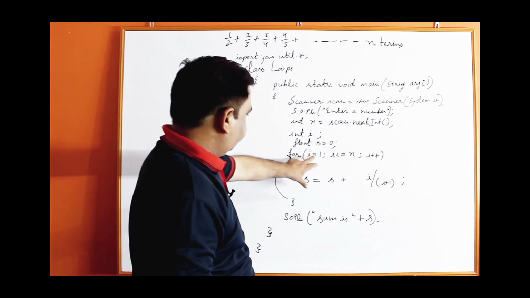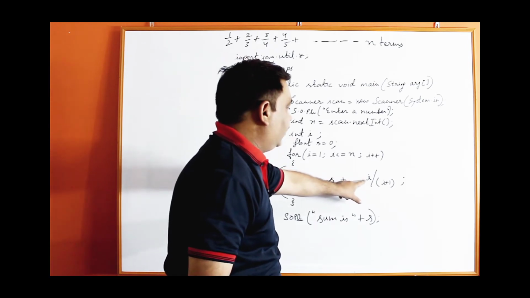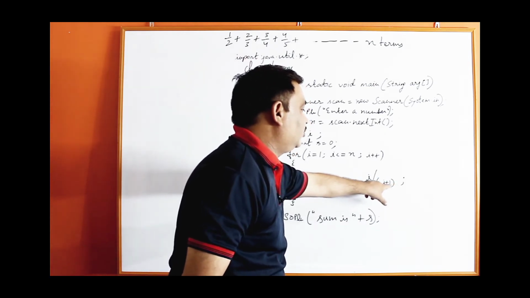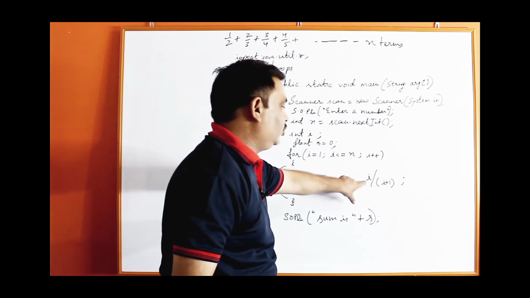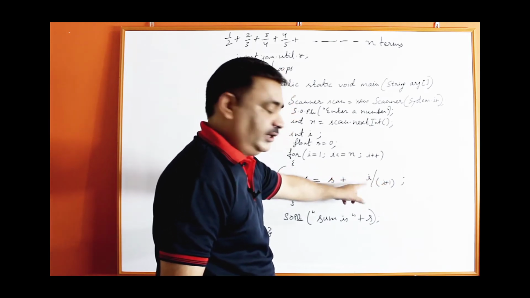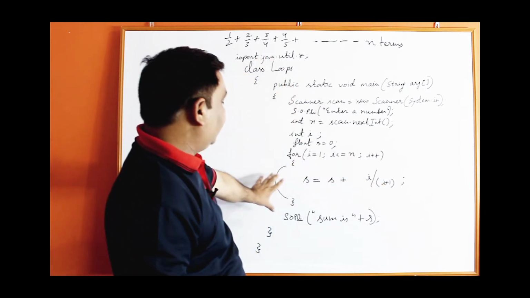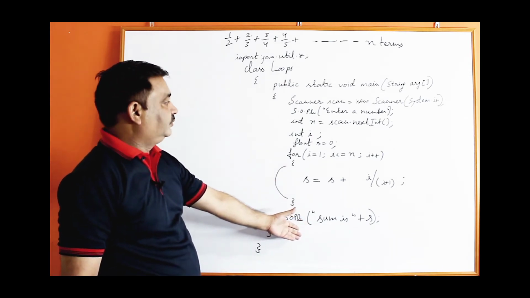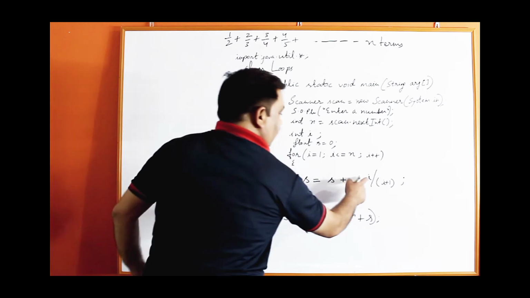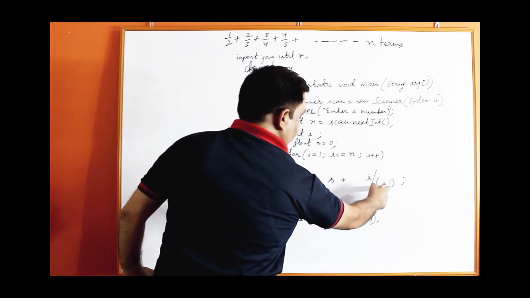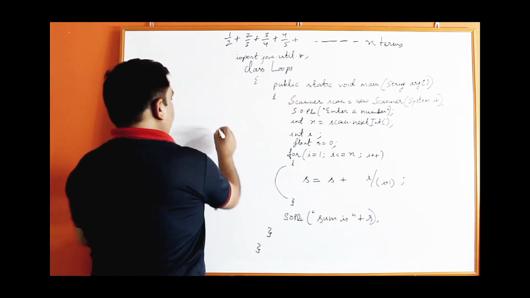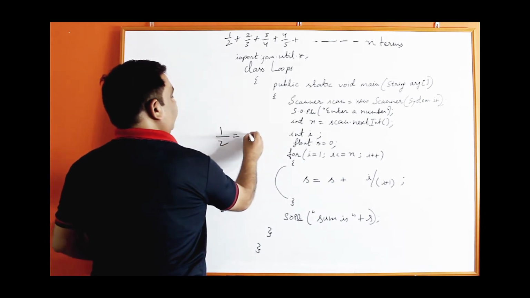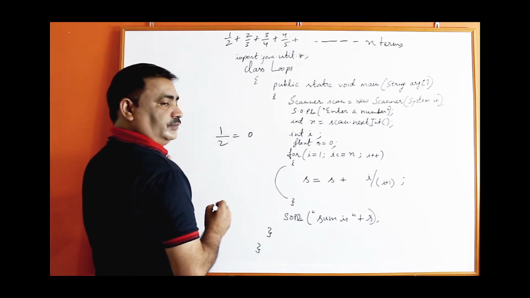See here, i is 1, so 1 upon, the value of the bracket is 1 plus 1, 2. Next time i will become 2, 2 plus 1, it will become 3, so 2 upon 3. But when you see the final result, it will be 0, 0.0. Because i divided by i plus 1, both are integers. So 1 upon 2, when you divide, you will not get 0.5, you will get only 0.